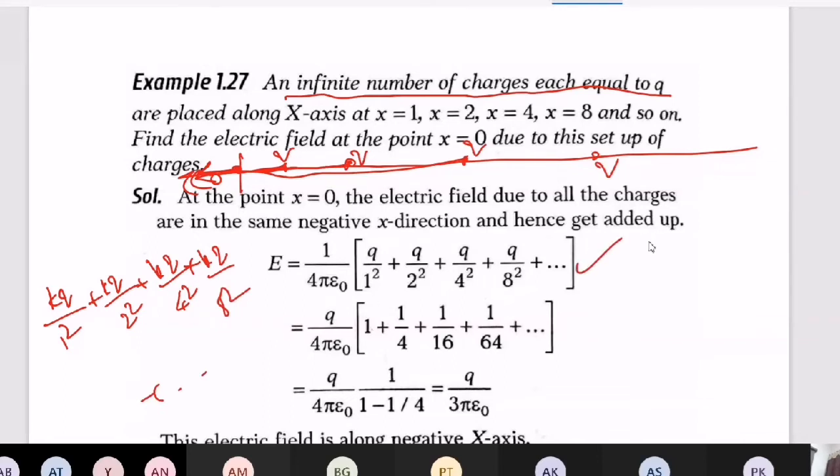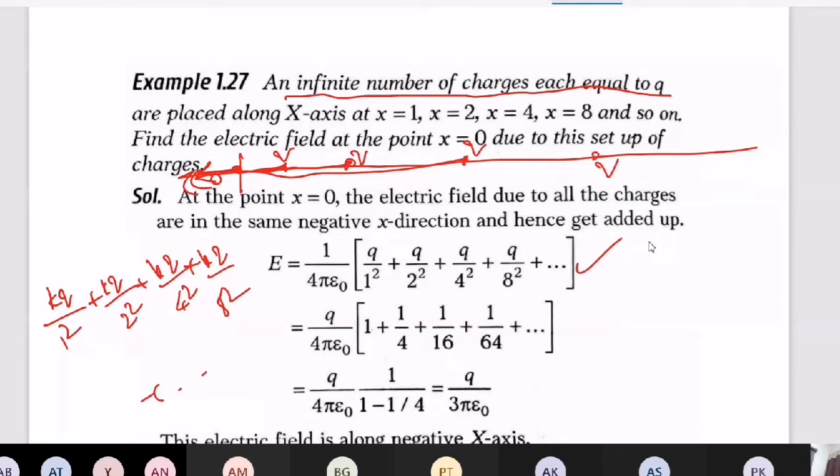Why am I directly taking plus here? I am not applying vector rules. Why? Because they are already in the same direction. As they are in the same direction, there is no need to apply vector rules again, because we already applied the rules, and for the same direction the resultant is A plus B. That's why I am taking direct addition. Because sometimes you will ask me, sir, there you did not do the direct addition, here you are doing.